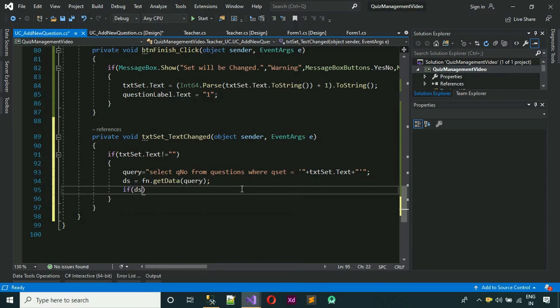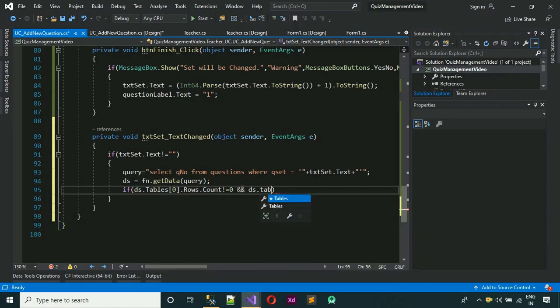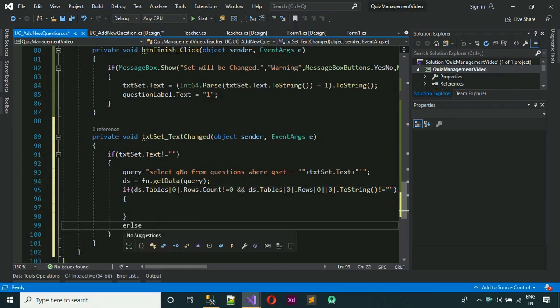If ds.tables[0].rows.count is not equal to 0, and we also need to check for null, so ds.tables[0].rows[0][0].toString is not equal to null, then we want to perform some operation, and else what we want to do is